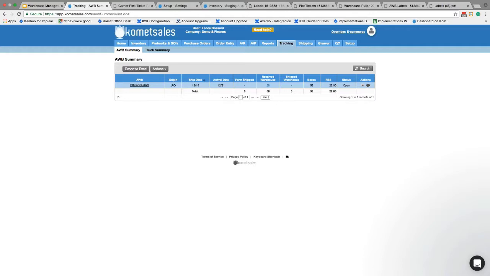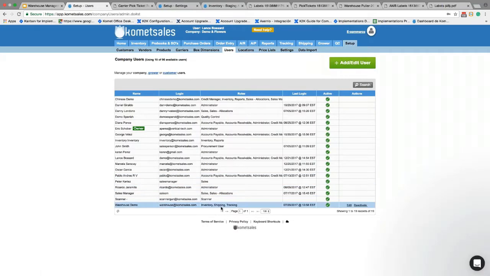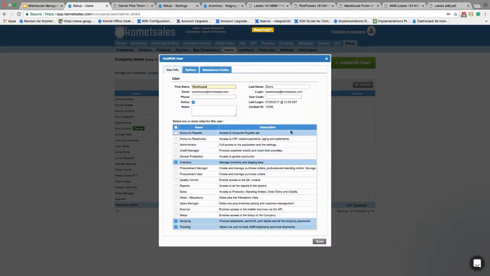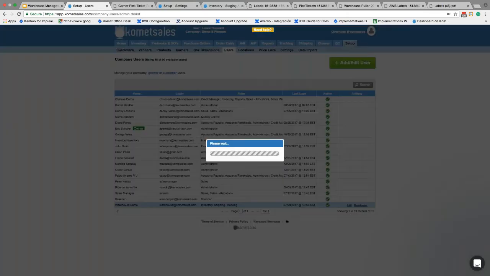And then we can also manually mark boxes as shipped. In order to do that, we need to enable that option for each user. Within the setup users option, if you have a warehouse employee that has access to the inventory, shipping, or tracking tab, you can make it so that whenever they're shipping orders to final customers, they have the option to mark those orders as received. So if we click under actions, we click edit,